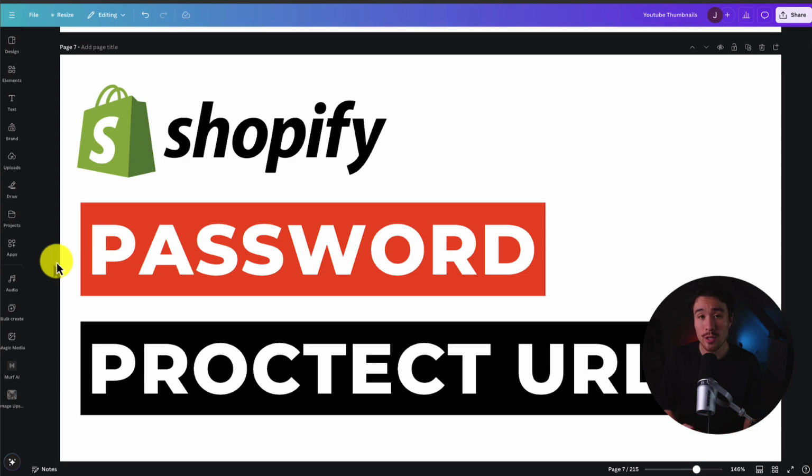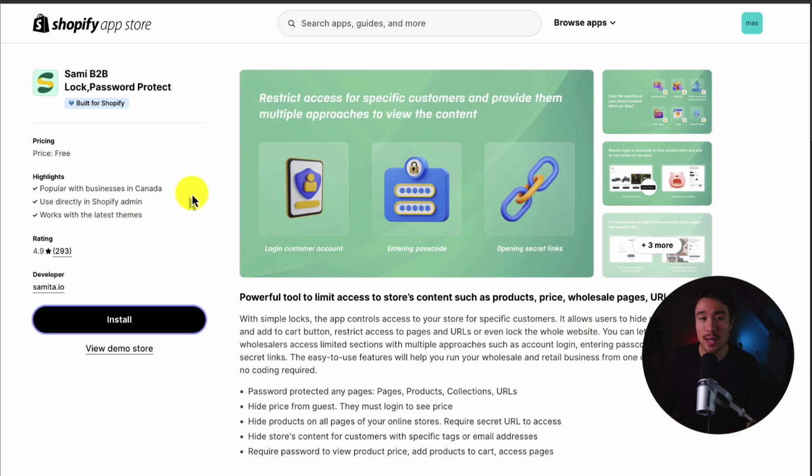I'll be showing you step by step how to password protect URLs on your Shopify store. Now this can apply to any URL you choose, and I'll be showing you everything here. The way we're going to be doing this is using a completely free app on the Shopify App Store called